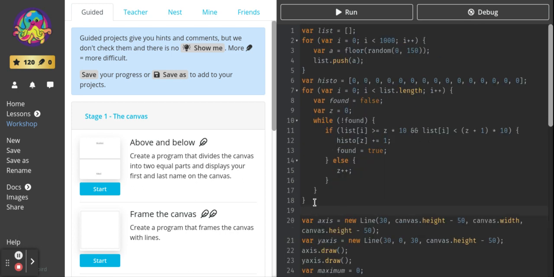So the generation is pretty simple. You create a list and put 1,000 random digits into the list. I just did 1,000 because it was a number I chose. And then I have 15 zeros in an array, and because all of the numbers are between 0 and 150, we go through the list here, and we look at the list, and